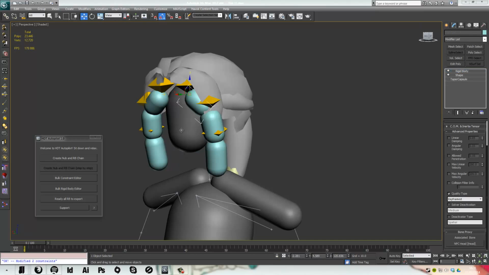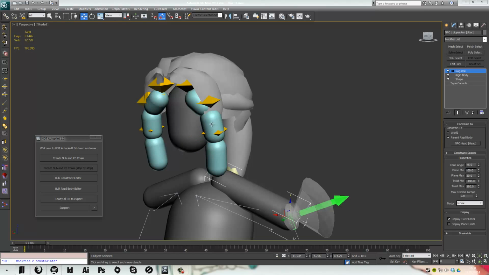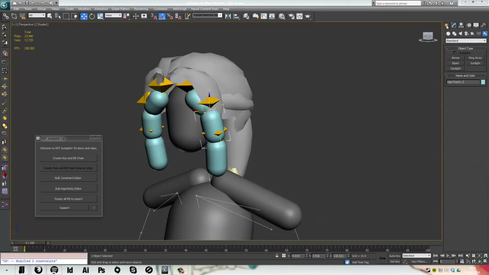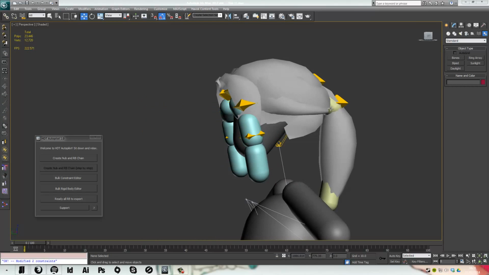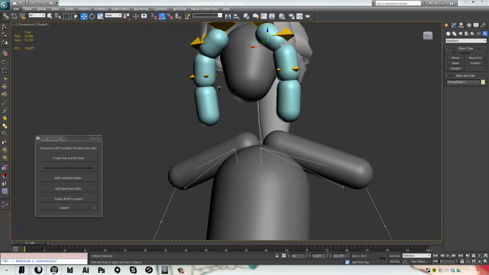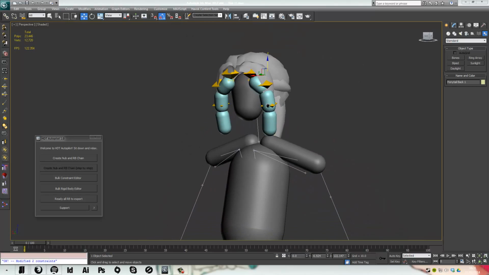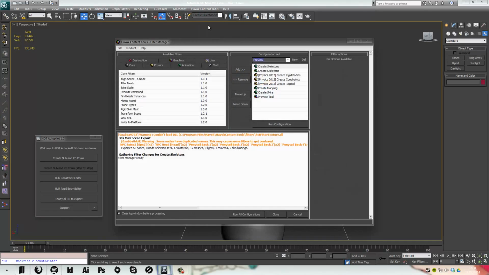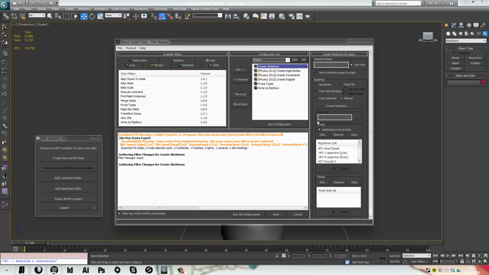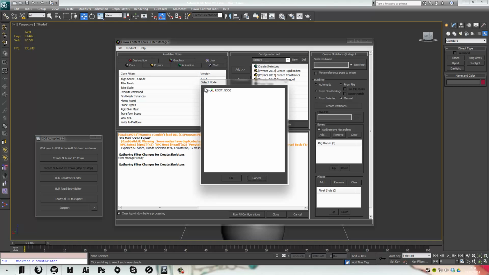What this does is change the names of the rigid bodies. Originally you have the name ragdoll underscore and the name of the bone. To export this as a valid XML file for HDT to read, you need to remove this, and that's what the button does. Let's add now the export configuration, adding the